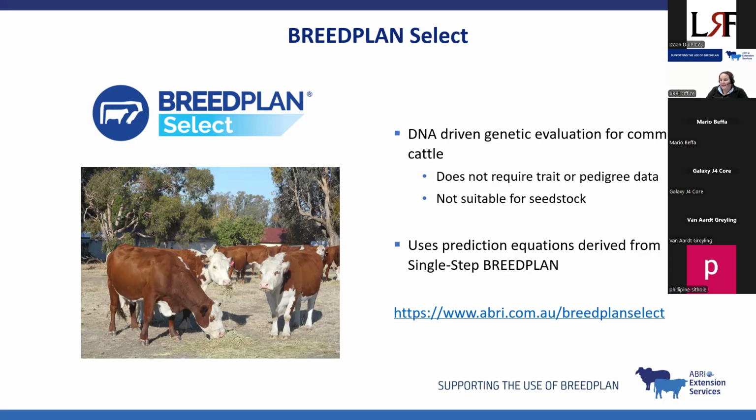Where something like BreedPlan Select is useful is that you can do a DNA test and get a feel for where those commercial cattle sit relative to the seed stock population or the breed, and that allows you to make more informed decisions in your bull purchasing and also your female selection. So that is a product that is being rolled out in conjunction with Hereford in Australia to start with, but is certainly something that I expect we'll see become more popular and be rolled out further with other breeds that have single-step BreedPlan over time. So with that,